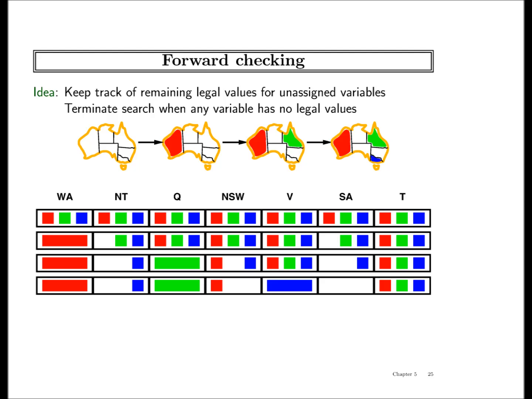You can do some inference. And by the way, this is inference. This is saying that if I do this, then because of my constraints, I know that this will not be feasible. You can think of it as inference intuitively. So I can do a little bit of inference and reduce my exponential. Now I can do all inference ahead of time and not do any search, but then it will become exponential. So the idea is to do the right amount of inference so that I can detect failures early, I do not explore parts of my search tree and get savings. In the worst case, everything continues to be exponential.